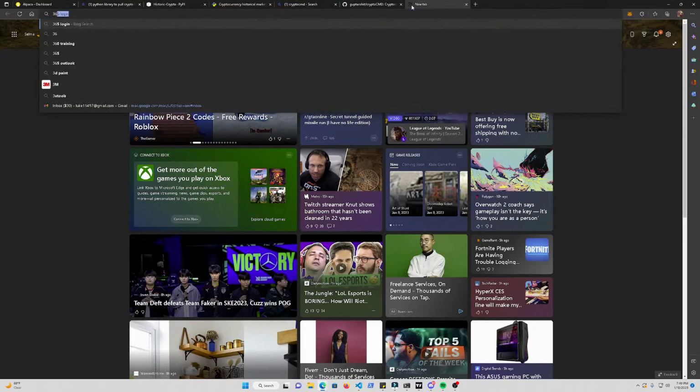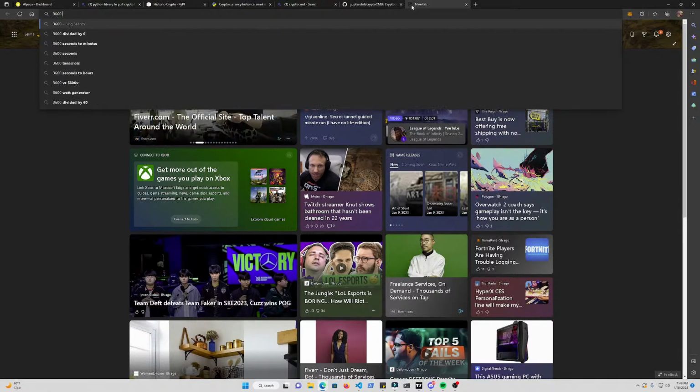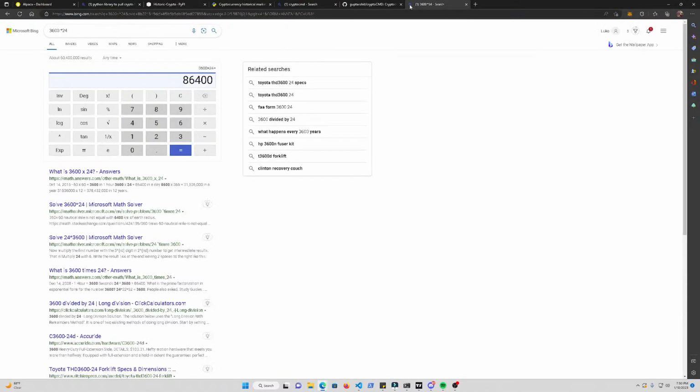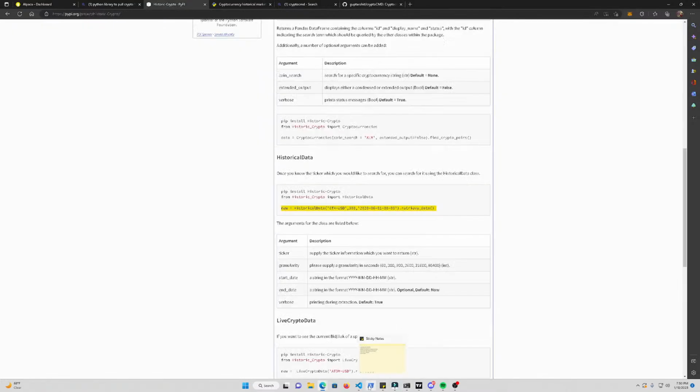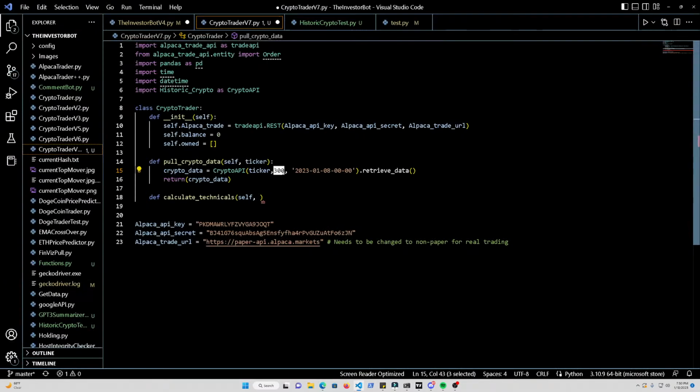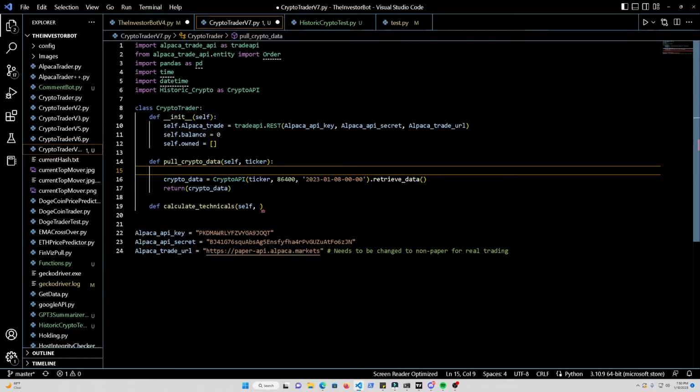So 3,600 times 24 will give us seconds in a day: 86,400. We'll plug that in, so we're pulling data on a daily basis. 86,400. And now is going to be the pain in the butt part, is we're going to actually have to change this and put in